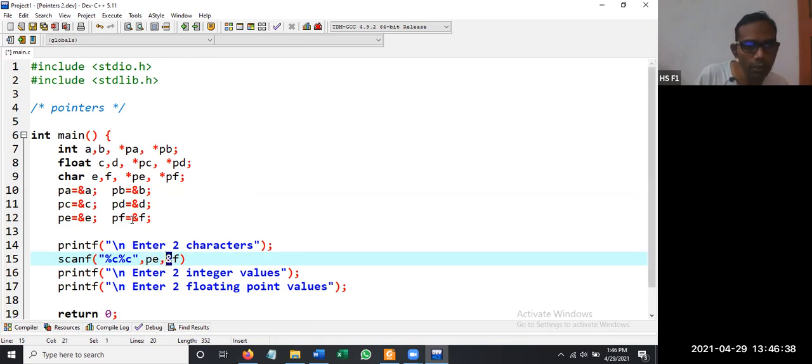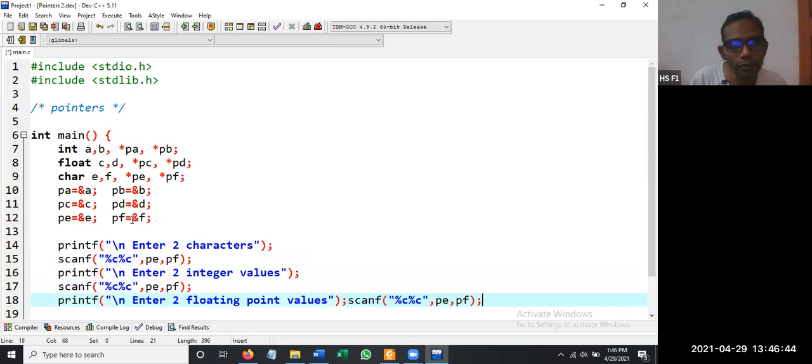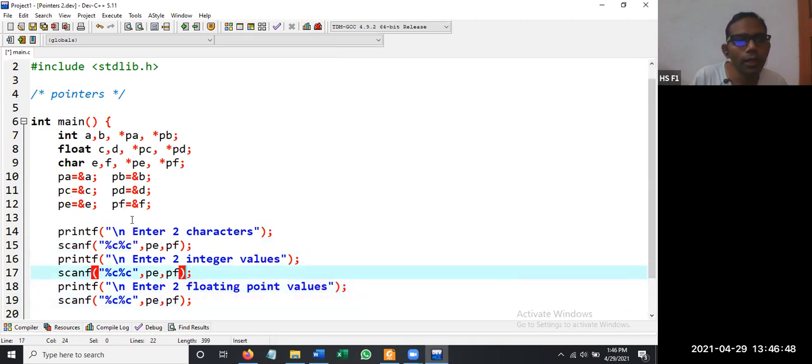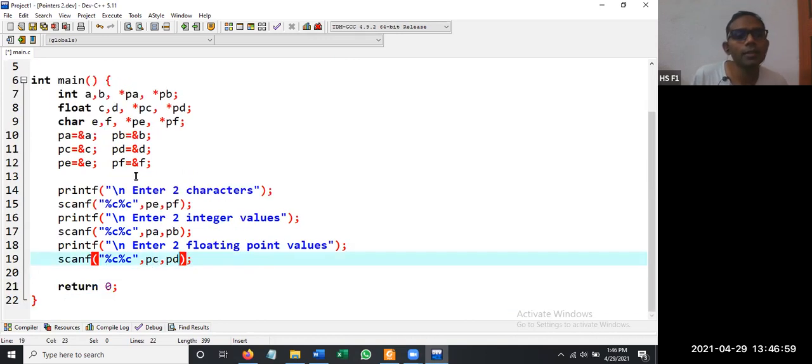So you're going to write PE, comma, PF. This is how you're going to accept. For all the others, integer values, we are accepting 2 integers, PA, PB. Then float means PC, PD. So this is how you are going to accept the numbers.